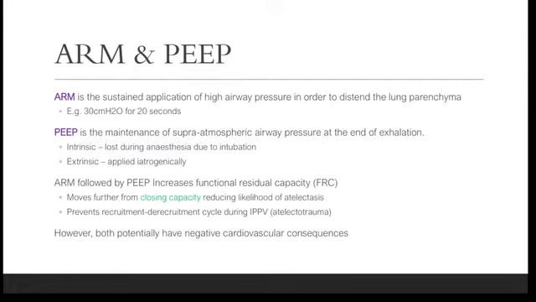So you basically close your APL valve, hold the bag with pressure of 30 centimeters water, if you can measure it, for quite a prolonged period of time. And that pops open these alveoli. If you don't then follow it up with PEEP, then any improvement tends to be very short-lived. But in this study, they did the alveolar recruitment followed by PEEP, which is positive end-expiratory pressure. And it's the maintenance of a supra-atmospheric airway pressure